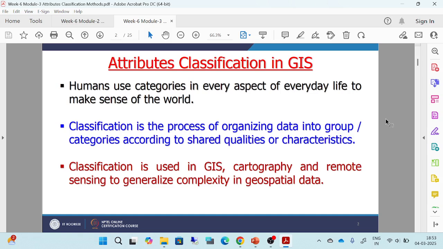Classification is the process of organizing data into groups or categories according to shared qualities or characteristics. So you have a bulk of data, and those data sets which are similar to each other, you classify them together. For instance, with the DEM model, elevation and slope, we had discussed that example. A DEM model has all this information regarding the slope, the elevation, the depressions that are present. But if you classify a DEM model based on the slope at an interval of 50 meters,